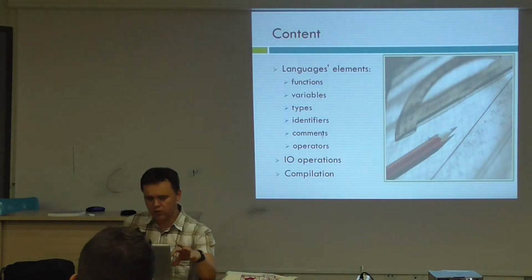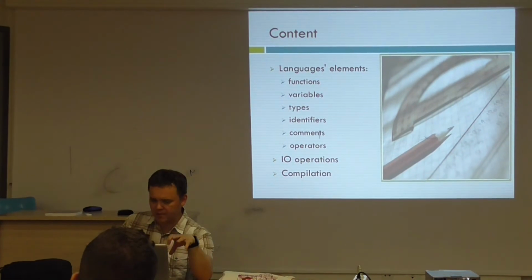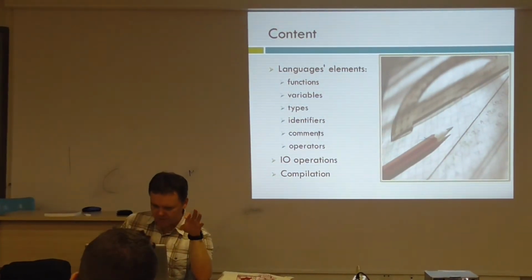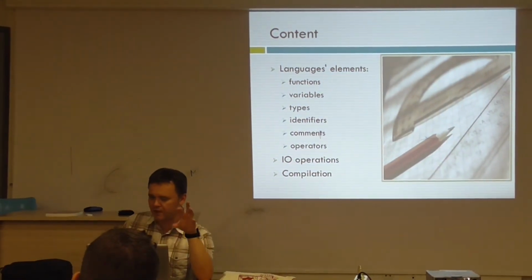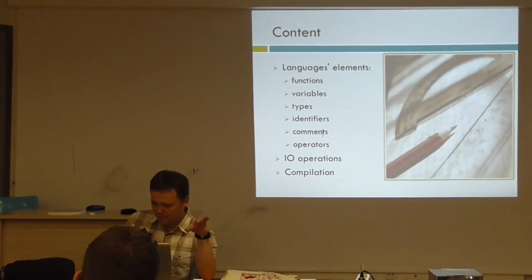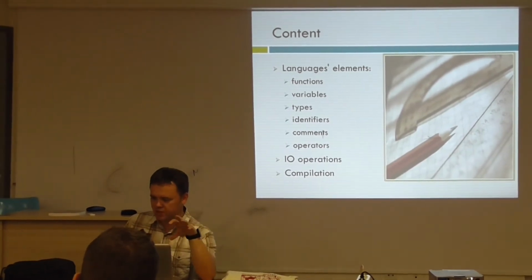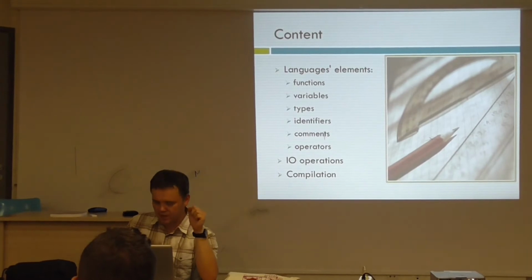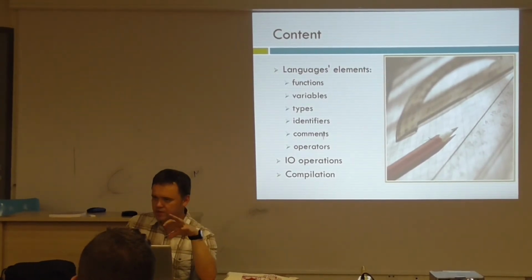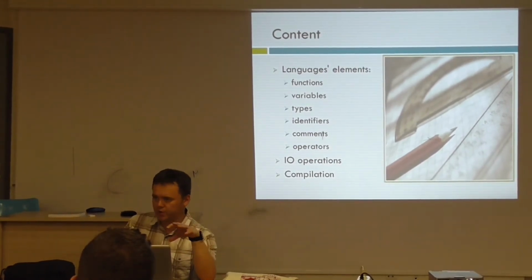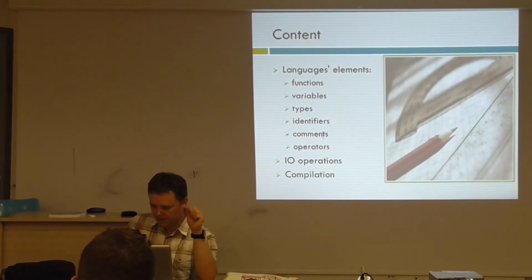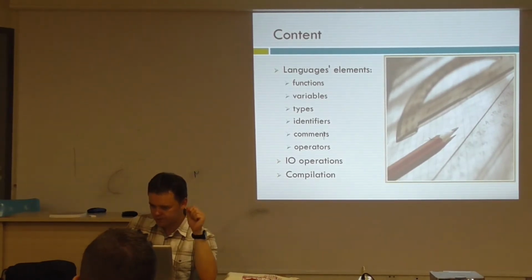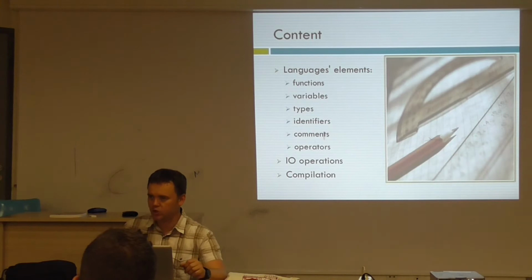So, first of all, I would like to tell something about functions, variables, types, and identifiers, comments, and operators that are available still in C. They are also used in Objective-C. After that, I will say something about some differences, what can we do, how we can create objects, how we can create classes. Also, today or maybe tomorrow, I would like to show you how we can use Xcode for